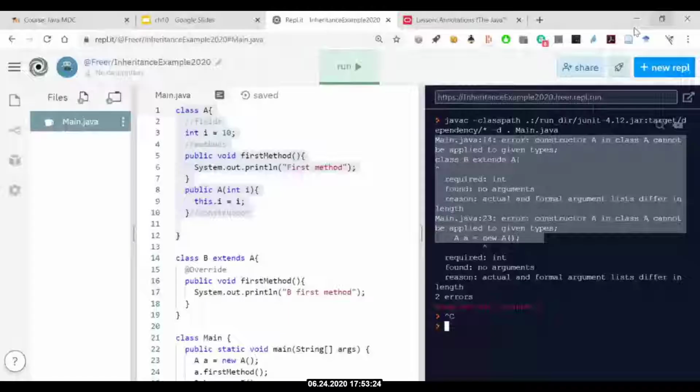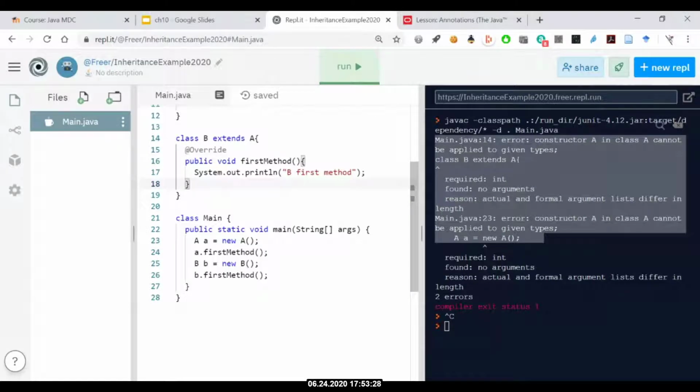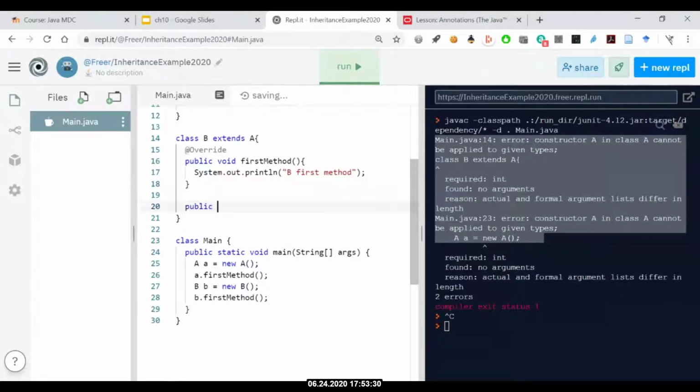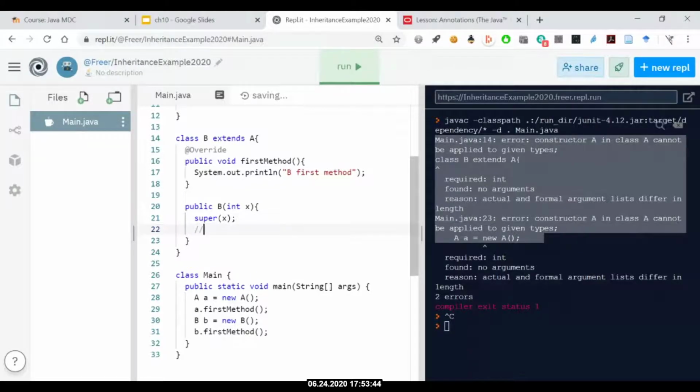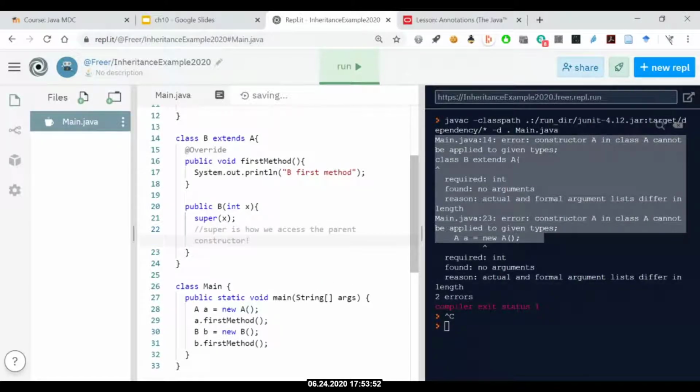So if we go here to B, we can now change it so it will work. We can say public B takes in int I, or we can call it int x if we wanted. And now here's some new syntax. Super, send up the x. Okay. Super is how we access the parent constructor. So now if we run it,